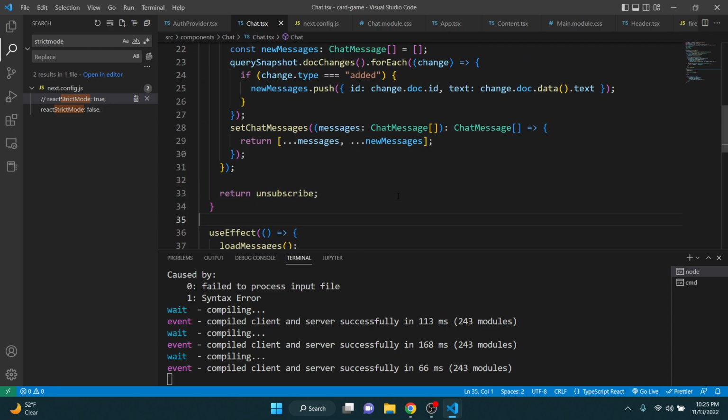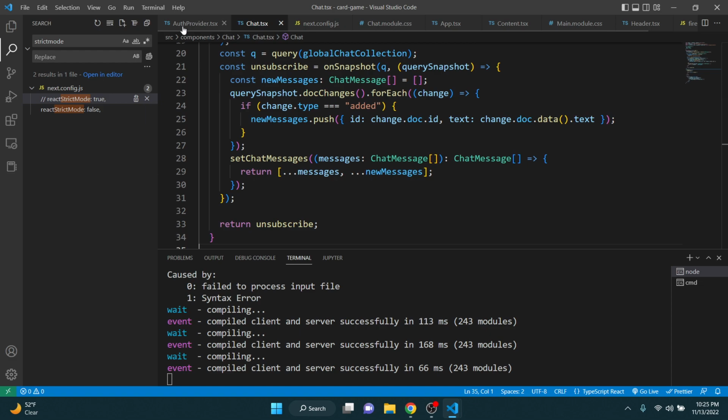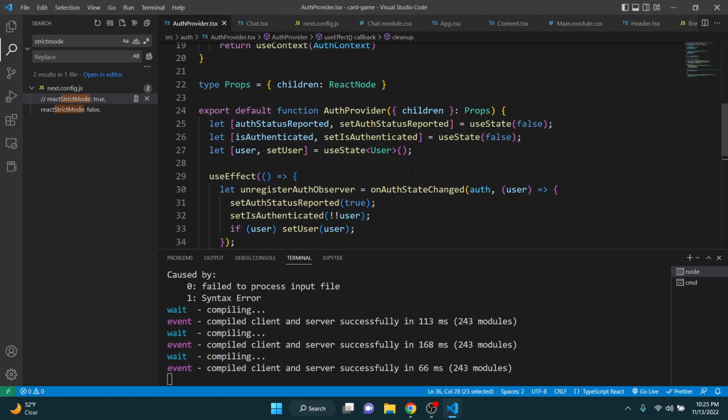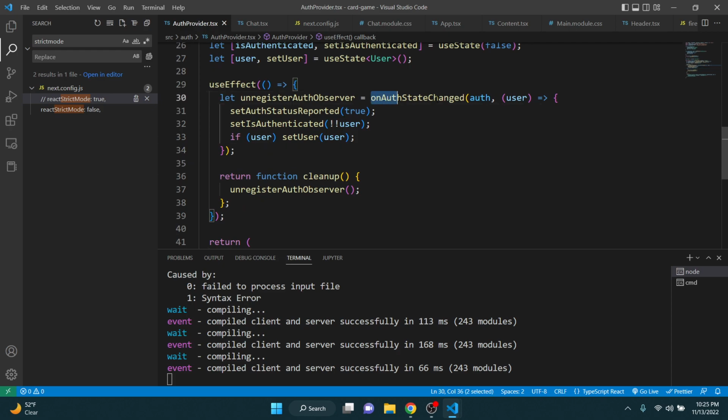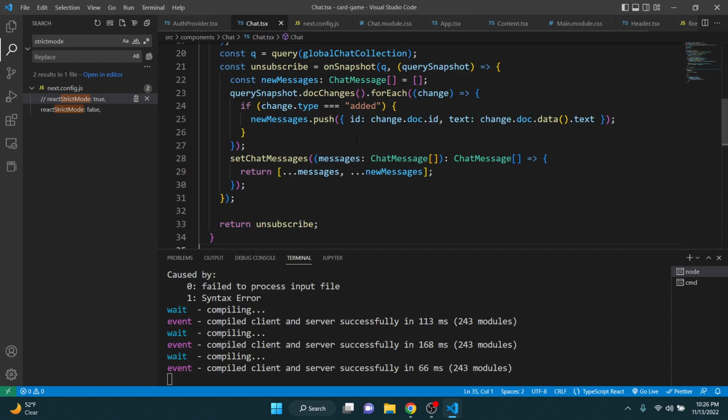So the unsubscribe normally, for example, in this unregistered part, it's synchronous. On auth state change, it's synchronous, I guess, and that just gives us back that. We have no problem there. But for the chat,